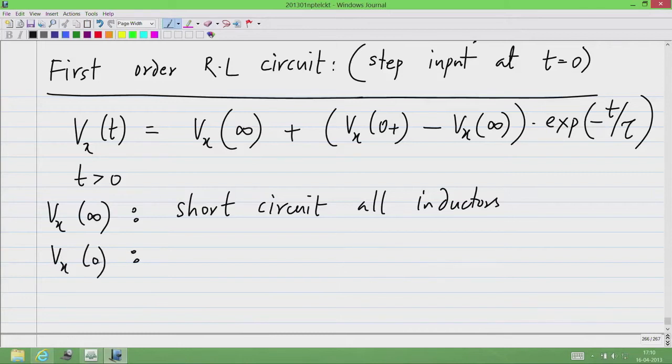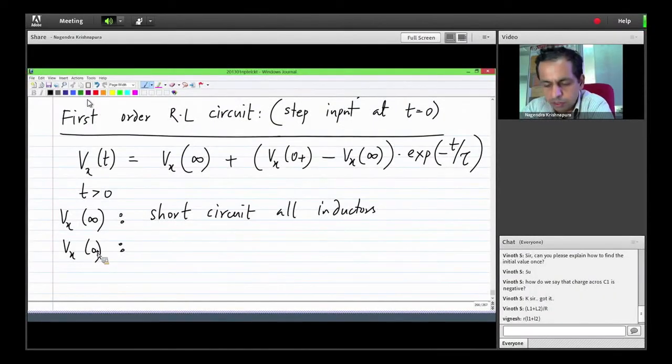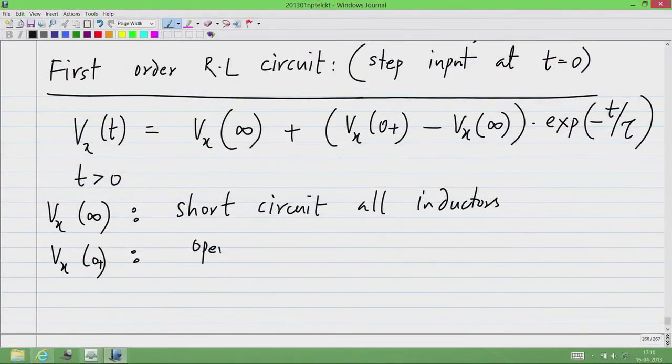Vx of 0 plus, what did we do? We short circuited all the capacitors to find the quantity just after the jump. So, in this case we open circuit all inductors,